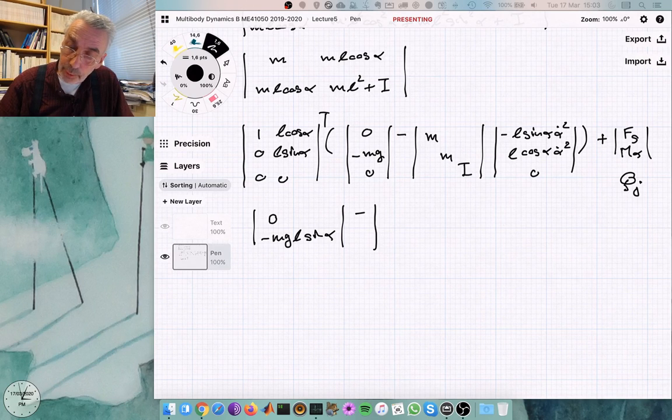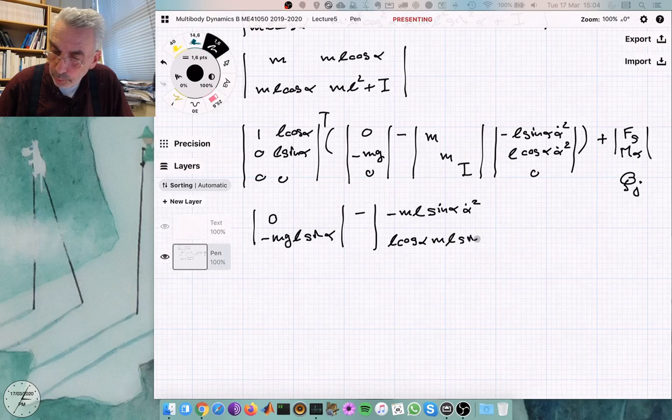So for the first one, I get minus ml sine alpha, this guy times this guy with an m, so that's minus ml sine alpha dot squared, right? Then the second one is a bit more complex, this guy times this guy. So what do we get? And don't forget the m's. So we get L cosine alpha times ml sine alpha with a minus, that's the first one, alpha dot squared, and then with the plus we get plus L sine alpha ml cosine alpha dot squared,